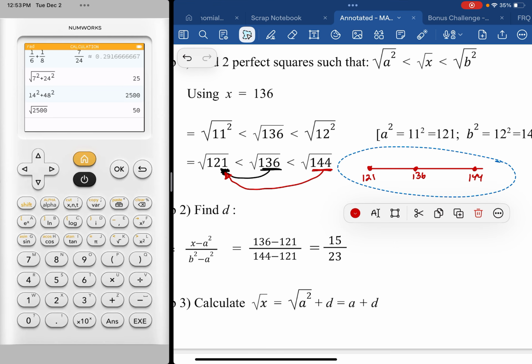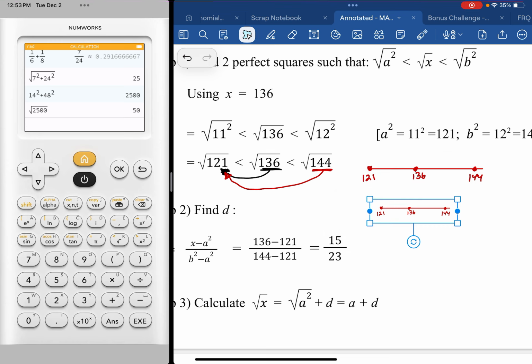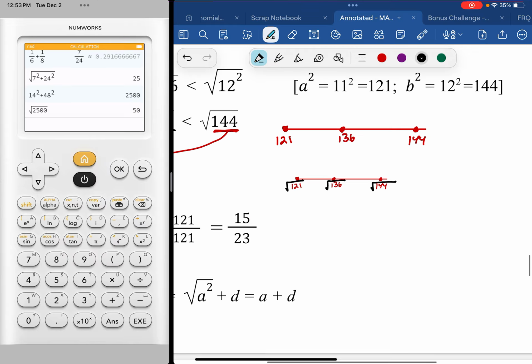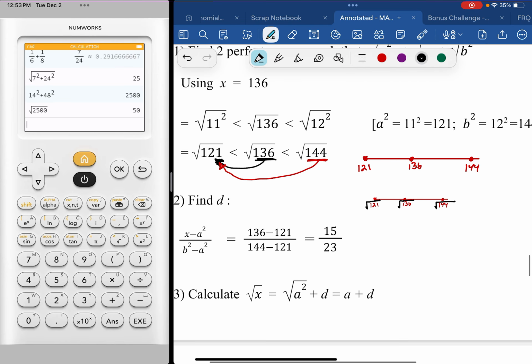And I'll try to do it with a diagram. I'm going to duplicate it and shrink it down because it'll be on a smaller scale. We're looking at the radical values: radical 121, radical 136, and radical 144. All right, so this is kind of like an analogy question. This is to that as that is to that. So I'm looking for the ratio of the difference between these two. So this distance here,